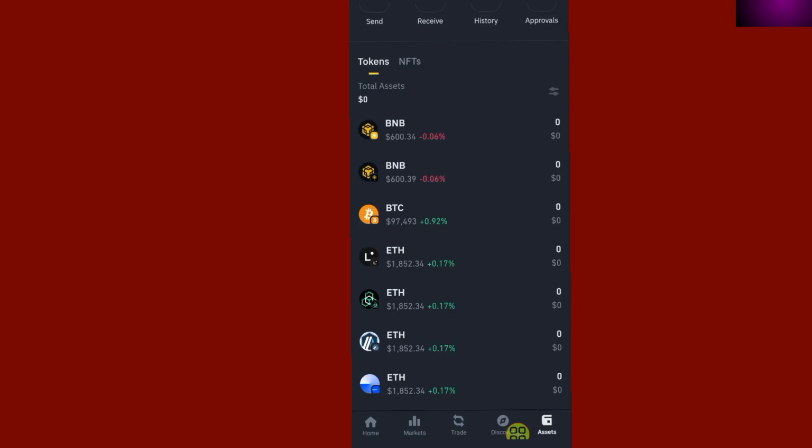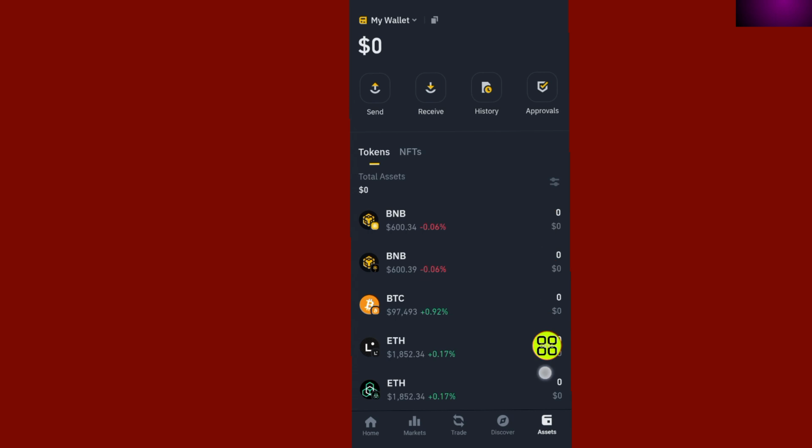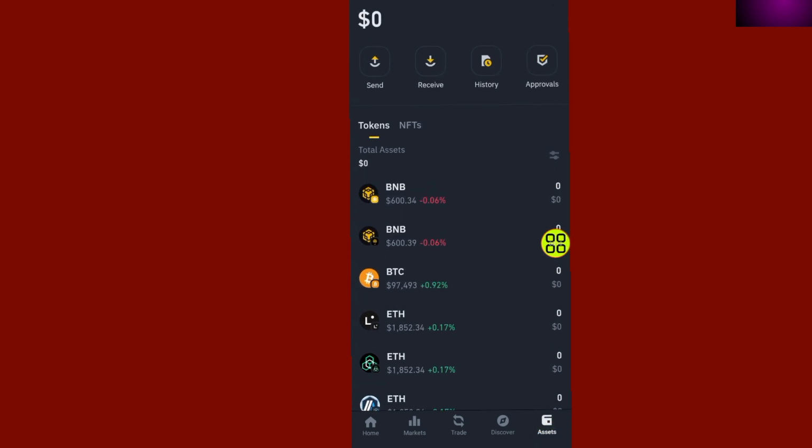So here is how to do it step by step. After you open the Binance app like this, go to wallet. After you come to the wallet section, go to assets. After you come to the assets section, here you'll be able to see all your tokens that you are currently